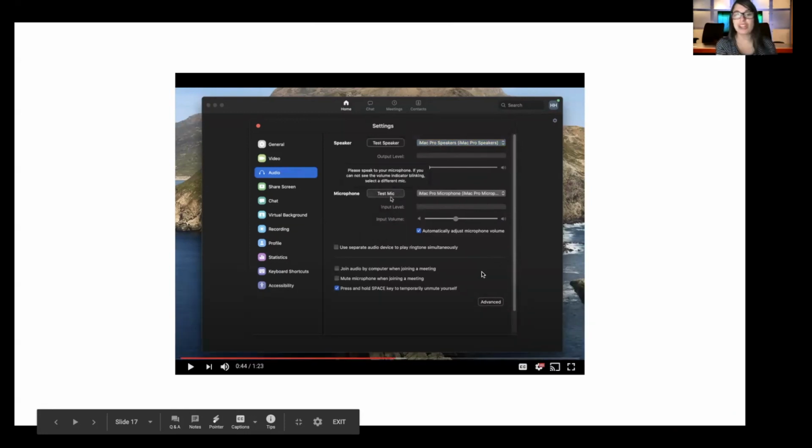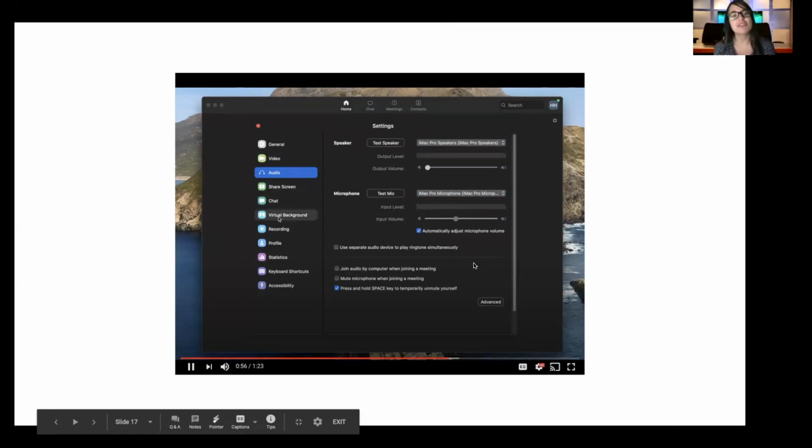All right, so you go there to test your mic. What it will do when you do this is just record. It'll set up a setting to record what you're saying, and then it'll play it back for you, so that lets you know your microphone works. And then again, select your microphone. And then again, you have the option to mute your mic when you join a meeting.